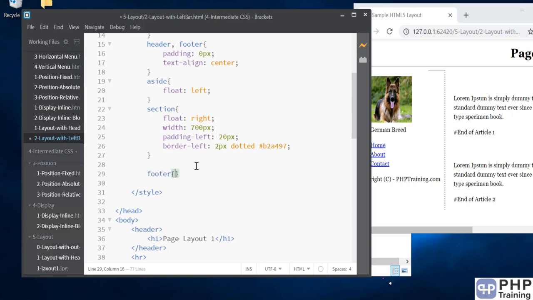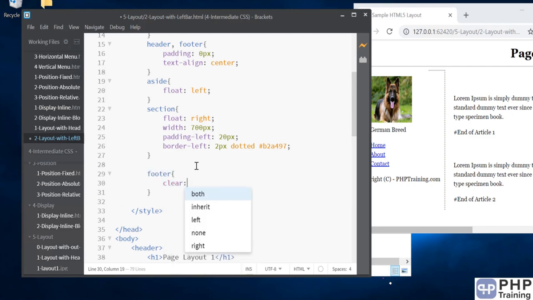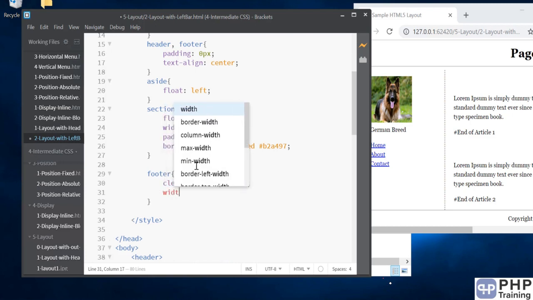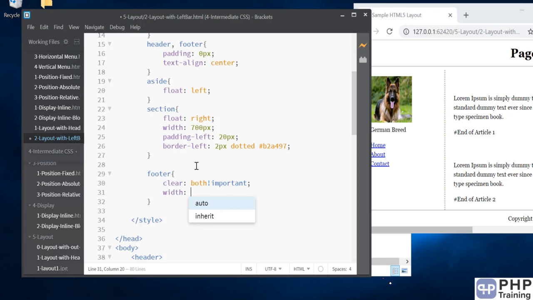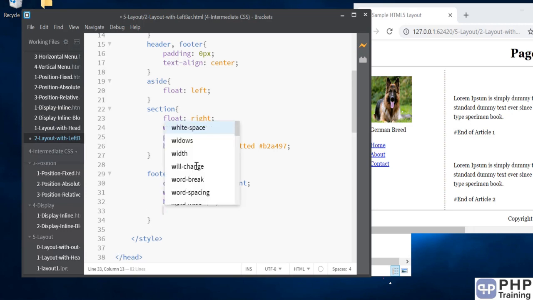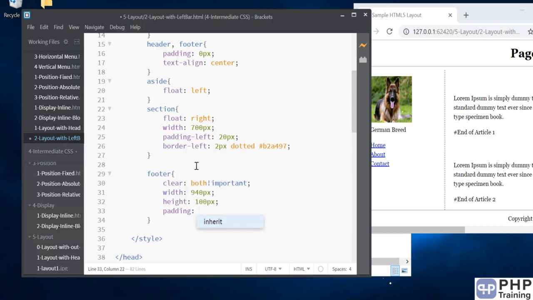Then you can add to footer, you can clear both. This is important. Clear both will clear all the floatings that are happening. To float one after the other, you have to break that floating. And you want to say footer, I want it in a new line, so you'll say clear both. And you will have the width for the footer 940px and height is 100px, and you can add some padding to the footer to make it look nicer,